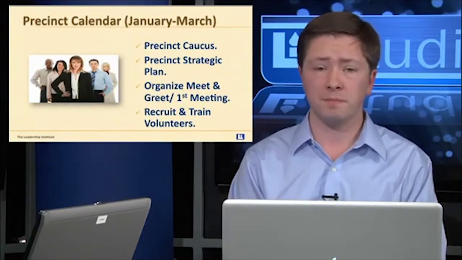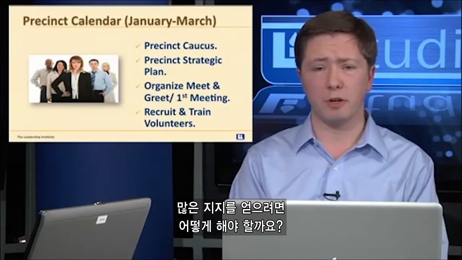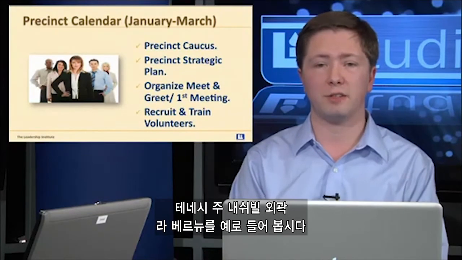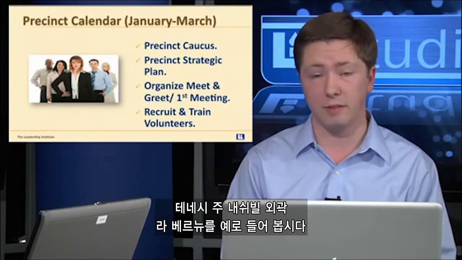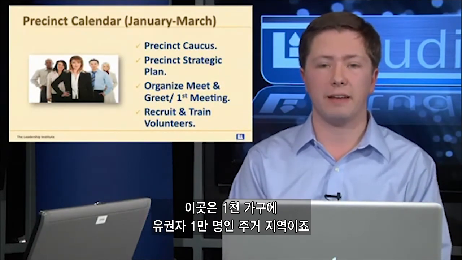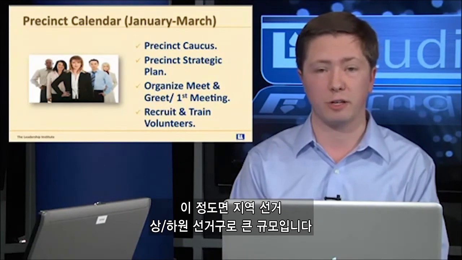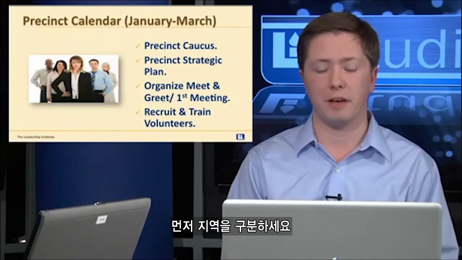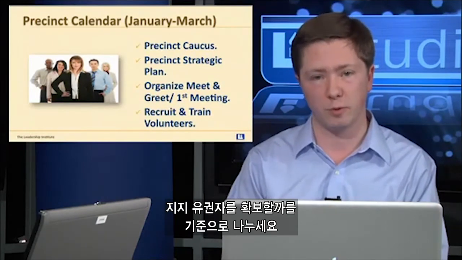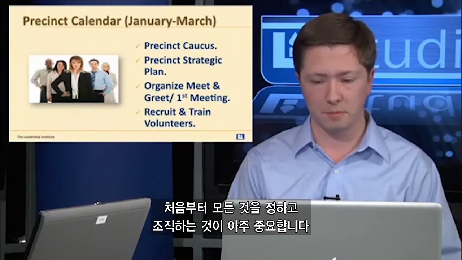Develop a strategic plan. When are we going to have this major neighborhood? There's a neighborhood just outside Nashville, Tennessee, in Laverne. It's a community just outside Nashville that is the largest residential community, I believe, in the state of Tennessee. There are thousands of homes, tens of thousands of voters, and that's a huge chunk of the electorate in local districts, in your local state house district or a state senate district. So you have to break that up, and if you develop a strategic plan for your precinct, you'll know how to break that up, who gets which streets and which sections of the neighborhood. It's very important to have all that laid out and organized at the very beginning.